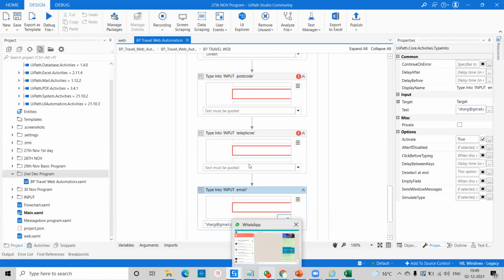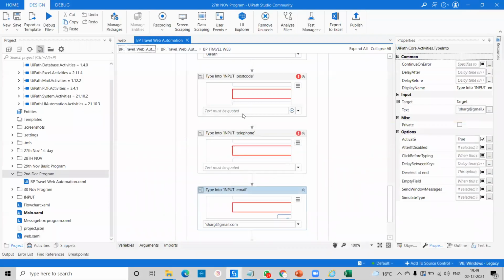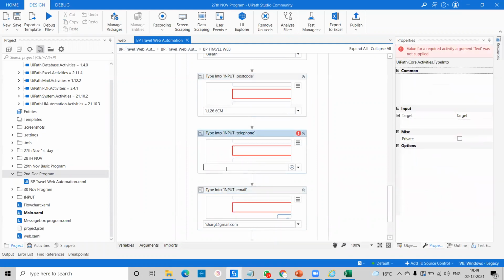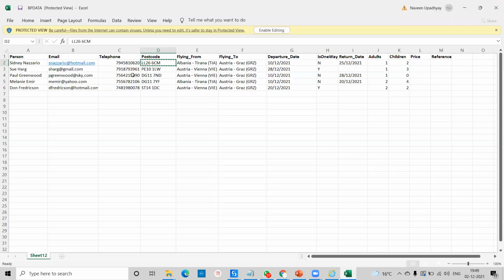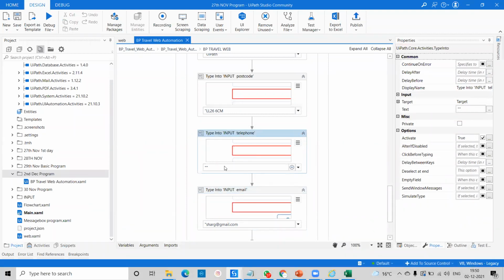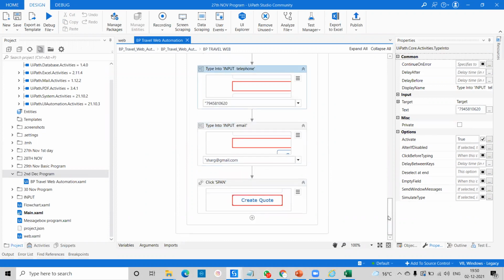Okay, so right now here, if you come here, postcode also we have to pass. So postcode I'll try to take from here, simple copy these things, and here we can pass in double quotes the same thing. Okay, in telephone also we'll try to copy these things. So in telephone I'll try to copy like these things, Control C, and I'll try to pass this. Okay, so if you pass any data automatically, it will not take, it will select the wrong data. So that's why we have to pass these things from there. Okay, so right now we are not getting any error. So after create code, what we'll do here, after create code, let me come here.